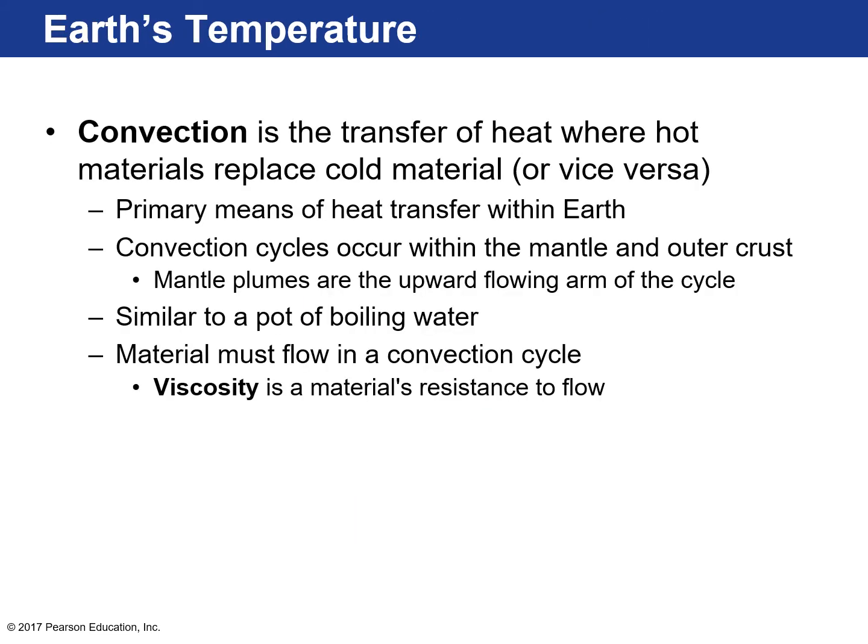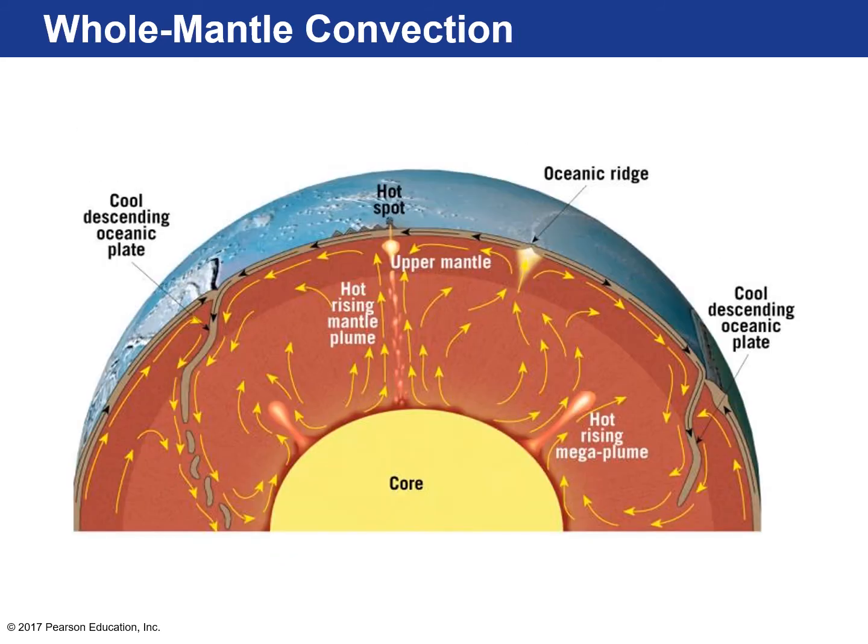Okay, so convection is the transfer of heat where hot material replaces cold material, and you create convection currents. That's the primary way heat is transferred through the Earth. It's very similar to water boiling. What it depends on is the viscosity of the material. If something is very viscous, it won't flow very fast, so heat flows slower. If the material has low viscosity, it can flow faster, so heat transfers rapidly. Okay, so this is the Whole-Mantle Convection